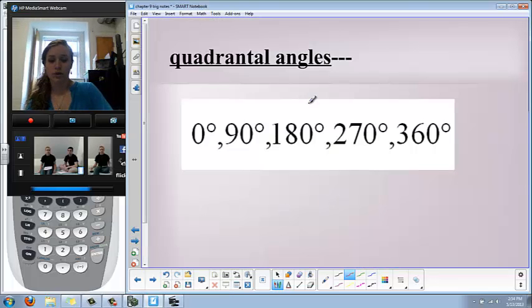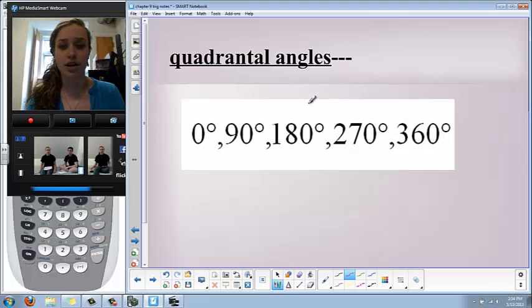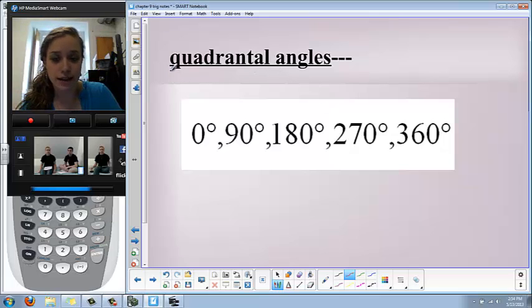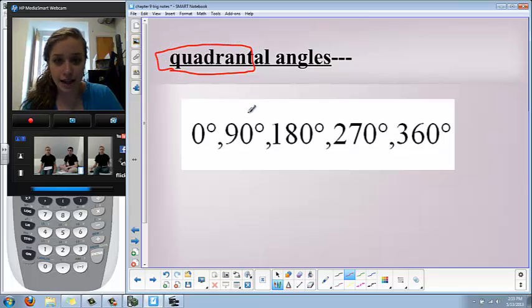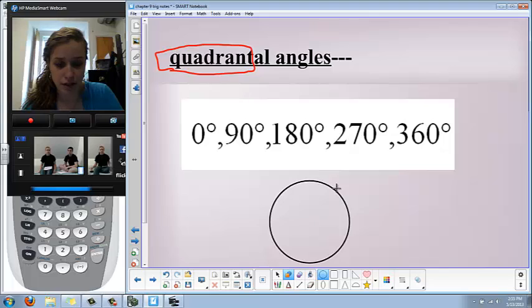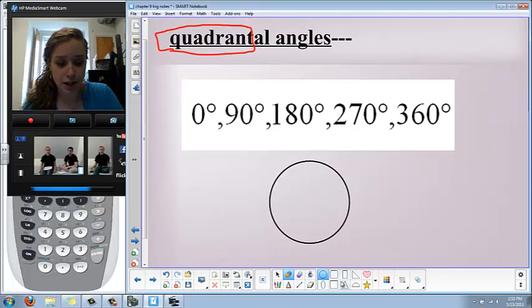Quadrantal angles. Okay, so this is just another vocab word. We got a lot of vocab going on at the beginning of the section. Quadrantal angles. If you take that apart, I can actually see the word quadrant in there. So quadrantal angles are angles that lay on the quadrants. Okay, so you should already know these. It's probably nothing new, nothing surprising. But if I drew out the 4 quadrants like this,